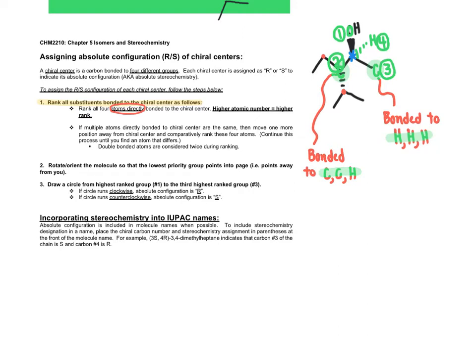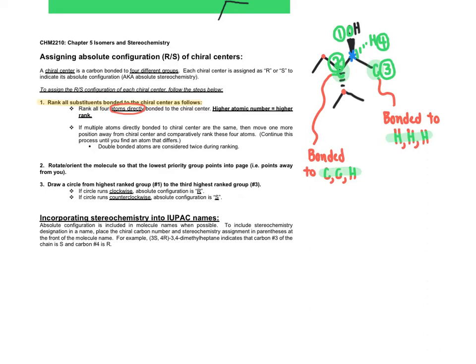In some cases, you may have to go down the chain several carbon atoms to get to a point where you can differentiate between the 2. But if the chiral carbon is actually a legitimate chiral carbon, you will always find a place where you can tell the 2 chains apart, because if they're identical, then the chiral carbon is not actually chiral. All right, so carrying onward here, what we're going to do is,